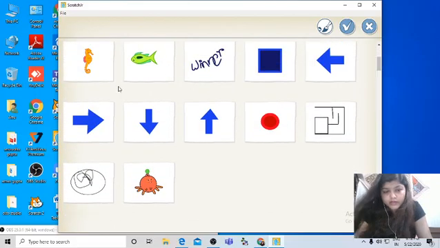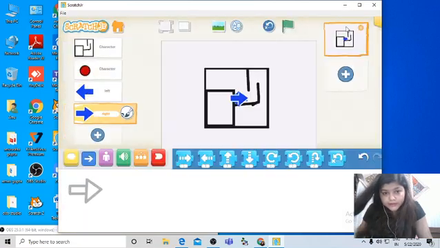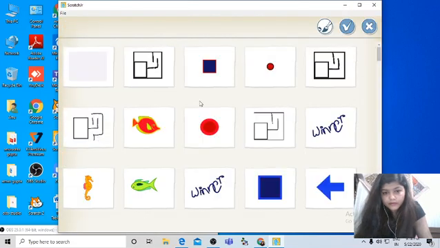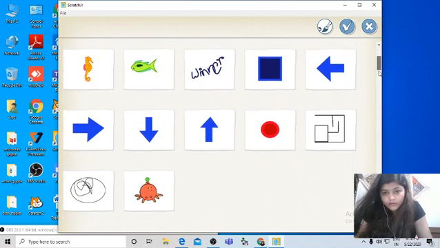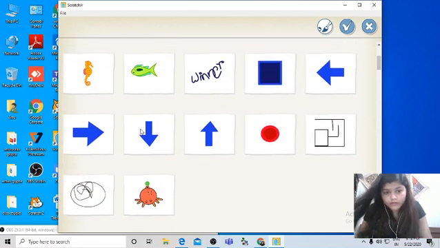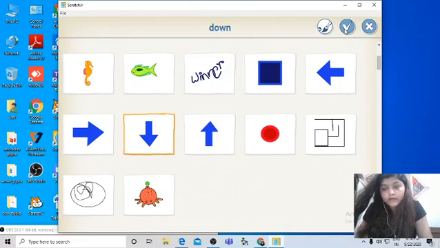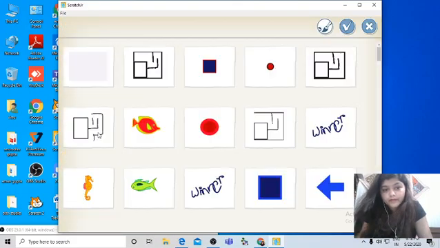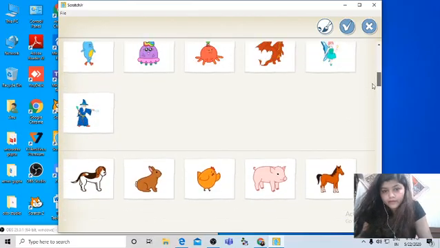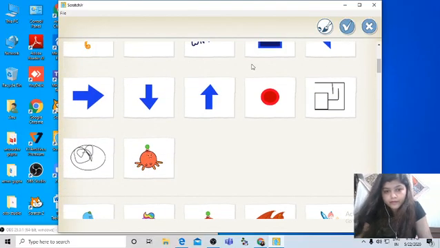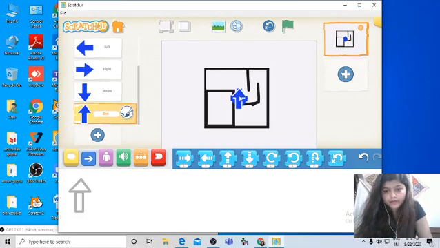I'm just taking all the arrows from the existing character list. You need to place them.